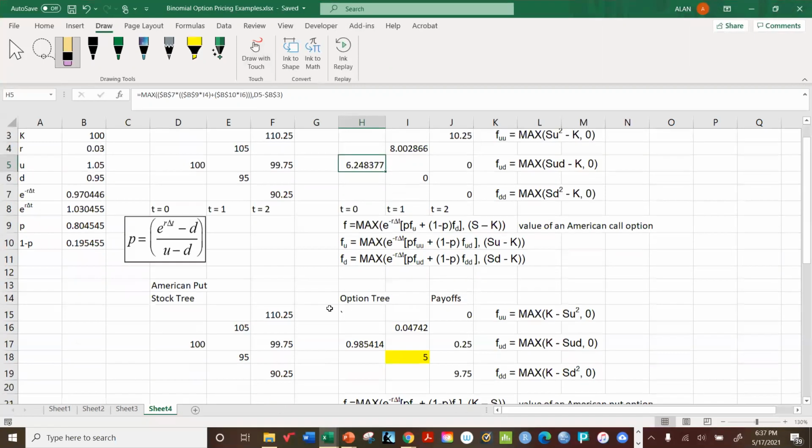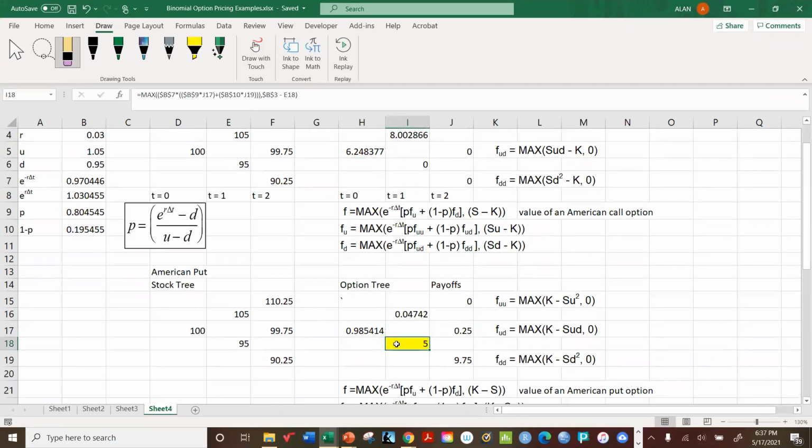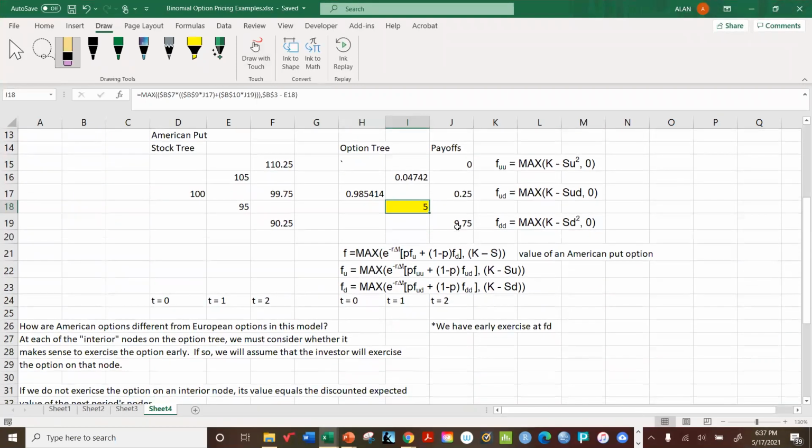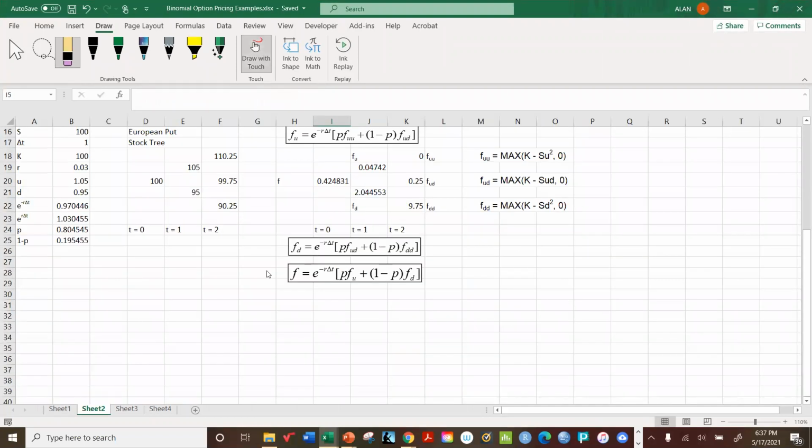But down here with a put, there comes a node right here where the intrinsic value, or the payoff, is more than the European value based on these two nodes. And so we replace the price with $5, because that's the price we would get if we exercise early. And so what that means is that this number is going to be a little bit higher, because in the downstate, it's worth $5 instead of